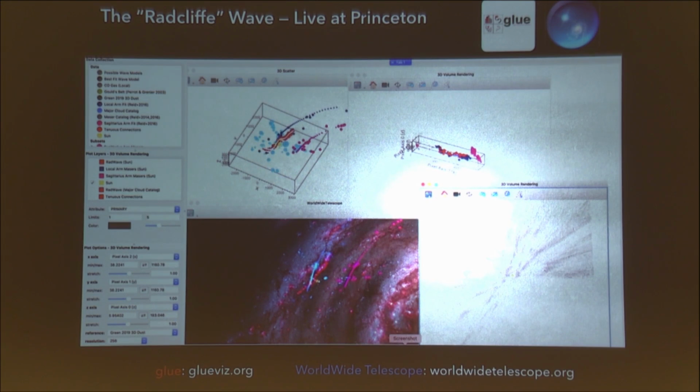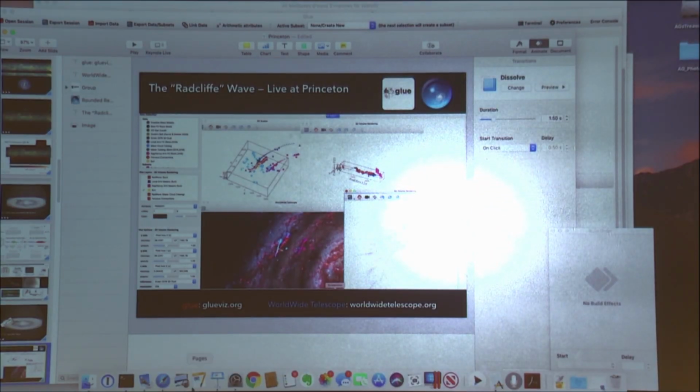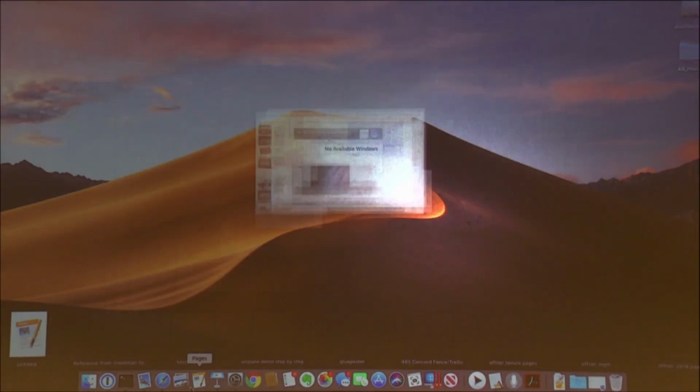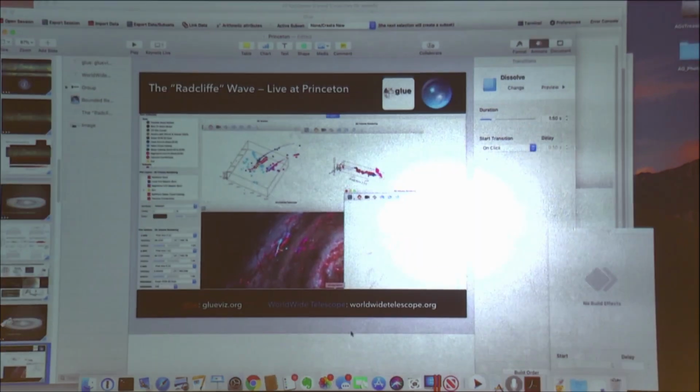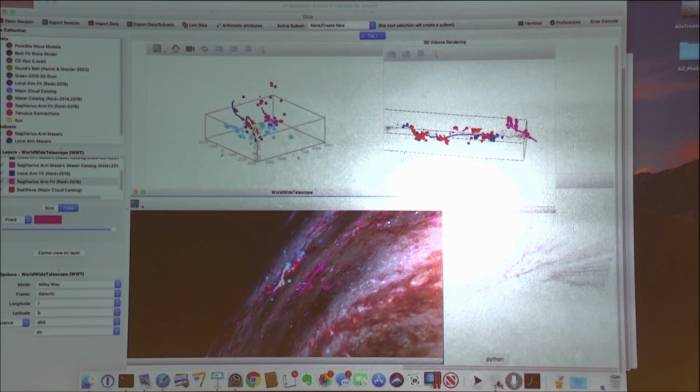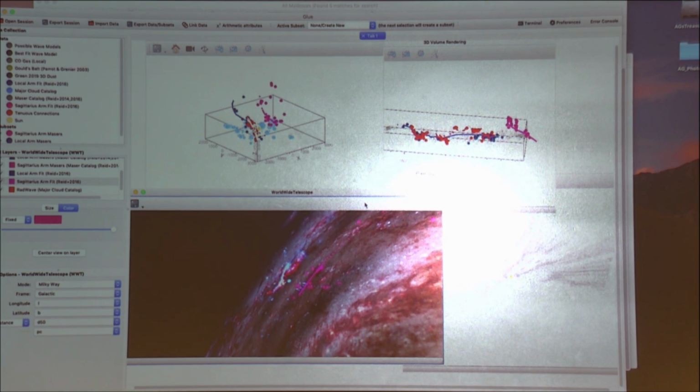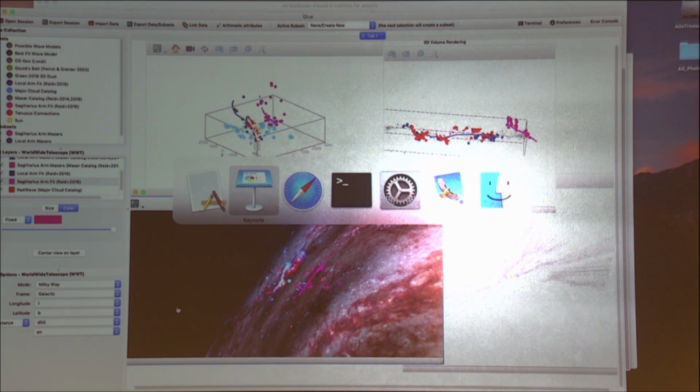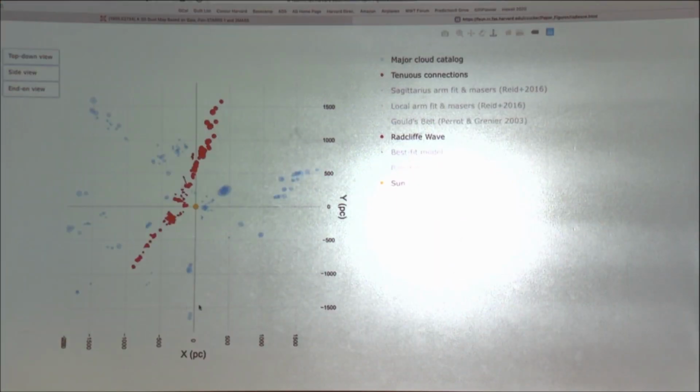So I'm going to do something super dangerous and attempt a live demo. And I have a movie in case it doesn't work. Okay. So you heard that I also like to work on data visualization. And so somewhere here, I left running the glue software that we use to analyze all these data. You probably can't read this list, but these are all sorts of different marked components. And there's one image, which I'll show you the output image first, but then I can show it to you in the context of the galaxy.